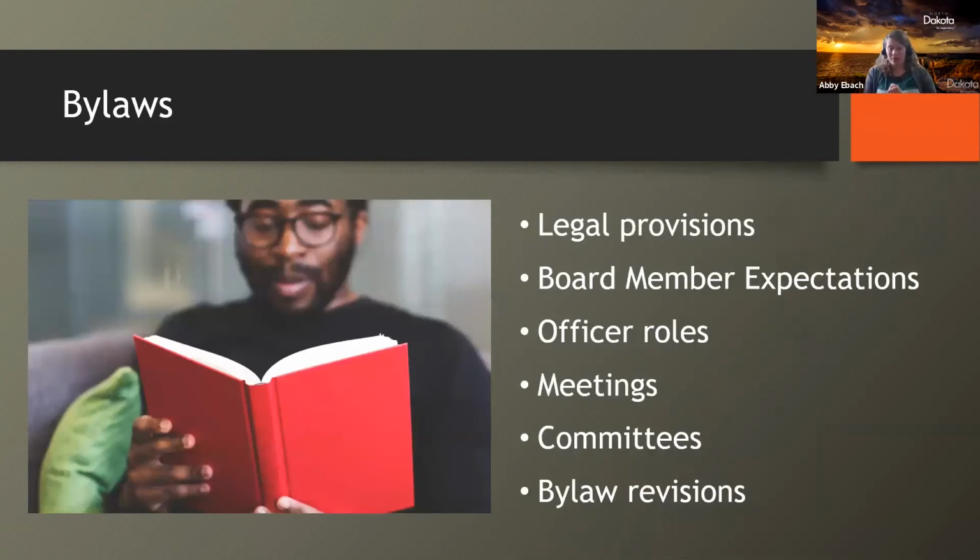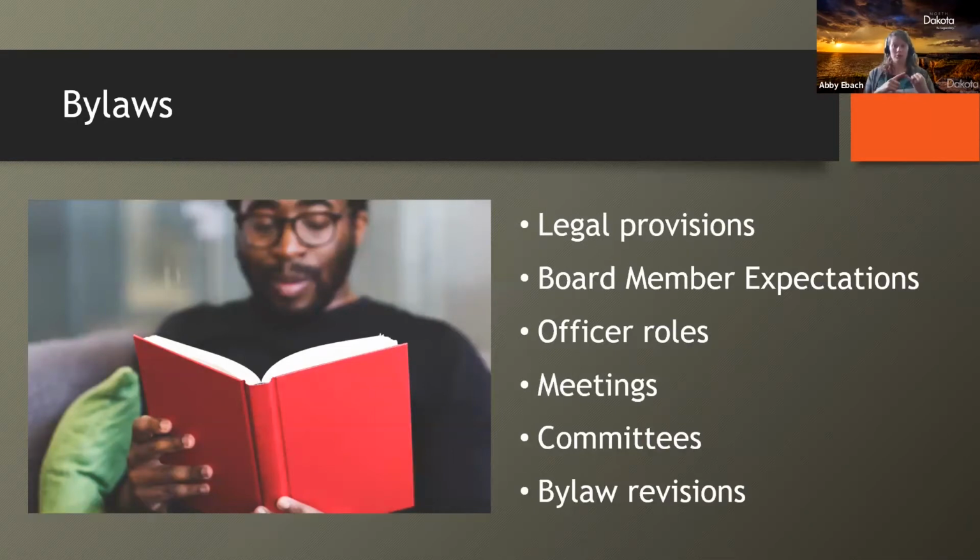So I've talked about the bylaws a little bit, but I want to really dive into them. Century Code reads, the board of directors should have the following powers and duties: to make and adopt such bylaws, rules, and regulations relating to the duties of the officers of the board as may be expedient and not inconsistent with the provisions of this chapter. So basically, your board needs to have bylaws or rules that outline how the board is run and the roles of the board members. The absolute minimum of things they should include are listed on this slide.